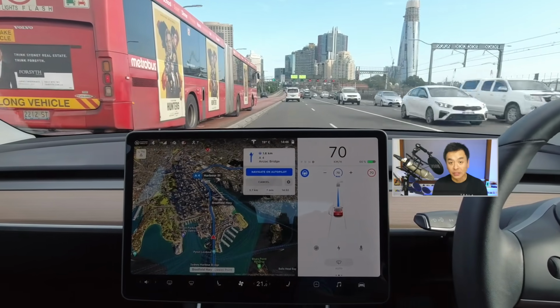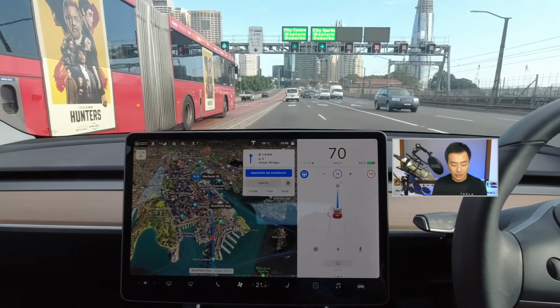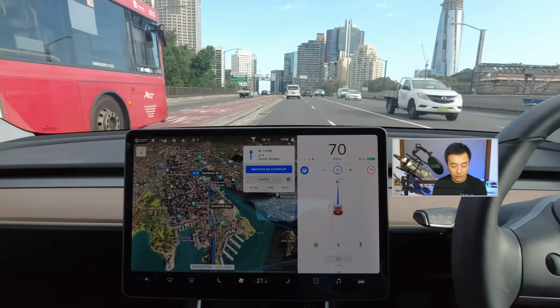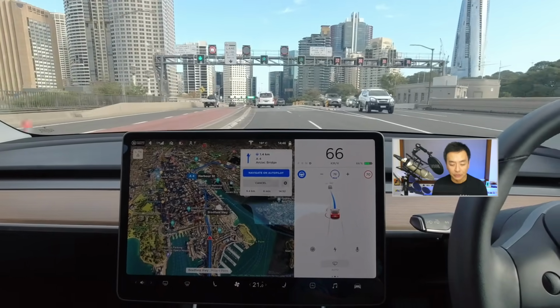Because you can actually go into the city proper, or you can join the Western Distributor. And this whole time the car is on Navigate on Autopilot, that single blue line there, as you can see. Okay, so it's decision time. If you're a human driver, you would be going, what do I do now? If you've never driven before on this road,